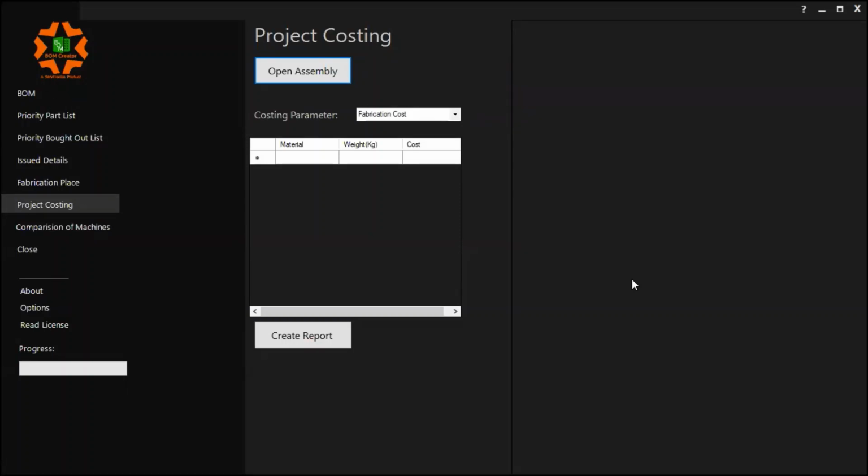Here we do it based on the respective weight of the material, since most industries follow the weight concept, wherein they place orders to vendors in terms of weight. Some industries also follow part-wise, machine-wise or operation-wise costs, and that can also be customized, based on each and every component.